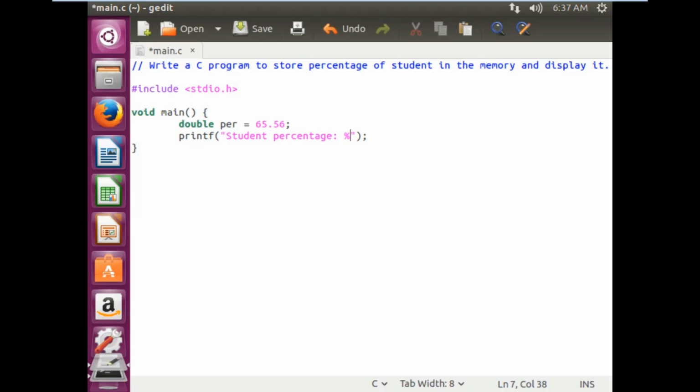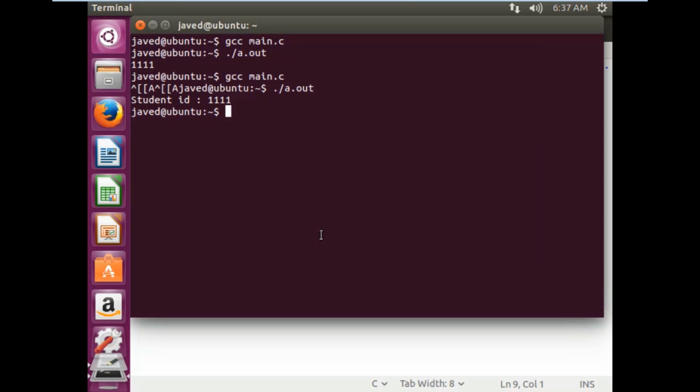Now note that we have used the double data type, so for printing double type of data we need the format specifier %lf, and the value of the variable in this way. So in this way we can simply create the memory, store the percentage, and we can display it. Okay, now let's run it,